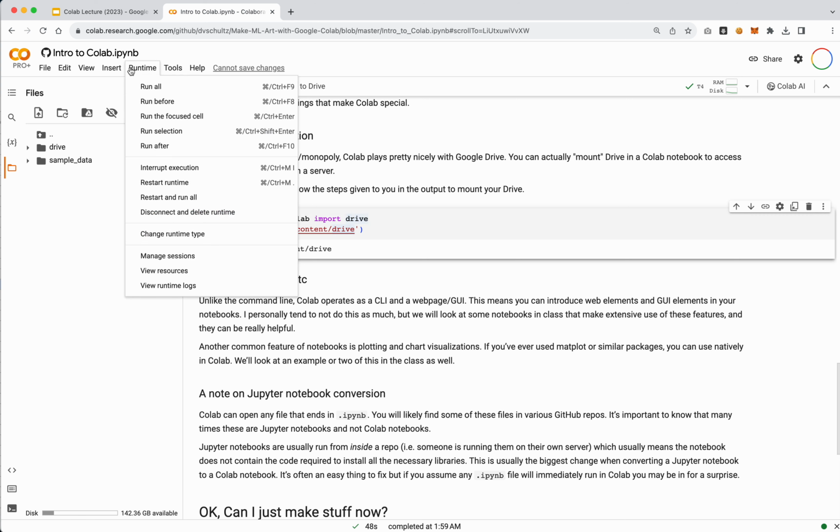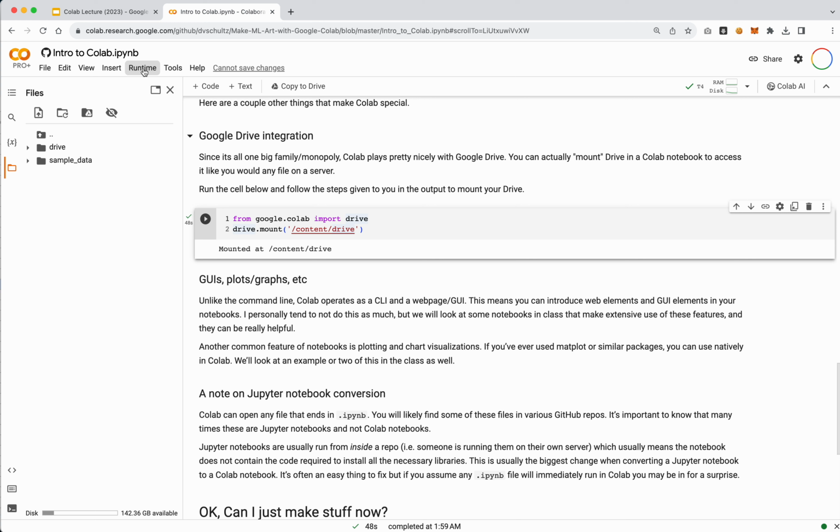The other main tool I use is this runtime one. Now, when you are done using one of these notebooks, you definitely want to make sure you turn off your machine and delete your runtime. That is very important because, especially if you're using one of the very, very expensive GPUs that runs through 13 credits an hour, if you forget and leave it running, usually the machine will shut off after about 30 or 45 minutes by itself. But there are sometimes moments where it just gets stuck and stays open. So if you don't delete your runtime, you will continue to burn through credits.